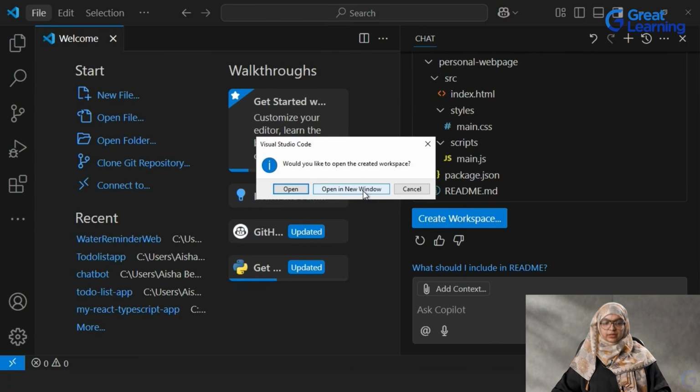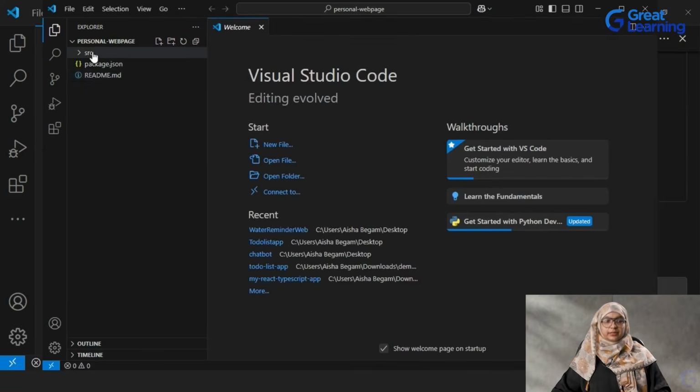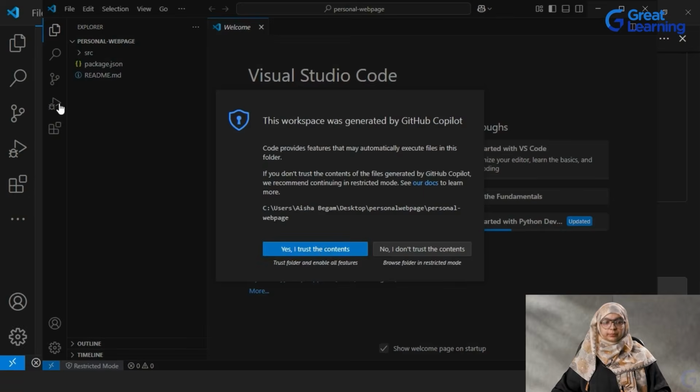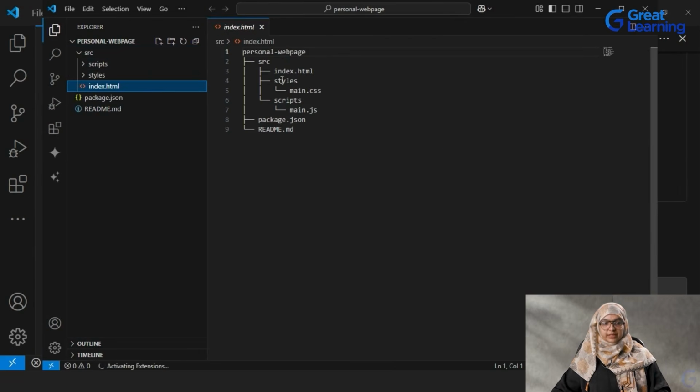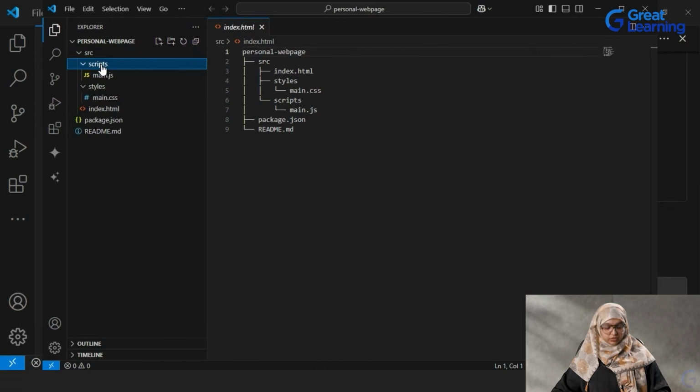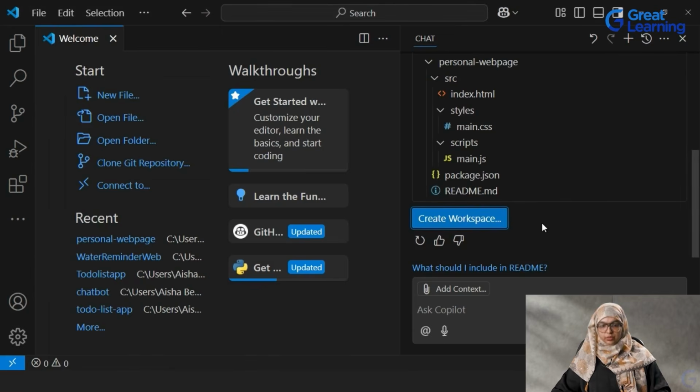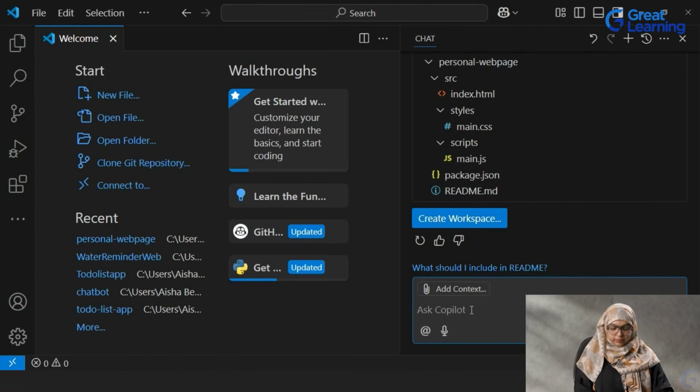I'm just opening it in a new window here so you can see that it has created my workspace here. So let's see what's in index.html and in styles and script. So now it has just created a workspace for me. So I can just give a prompt saying, great, now,